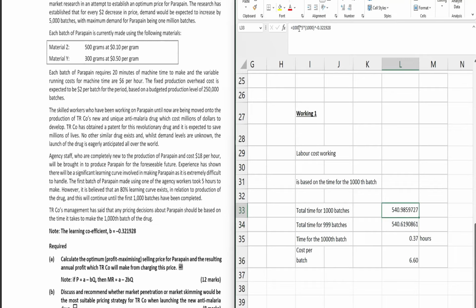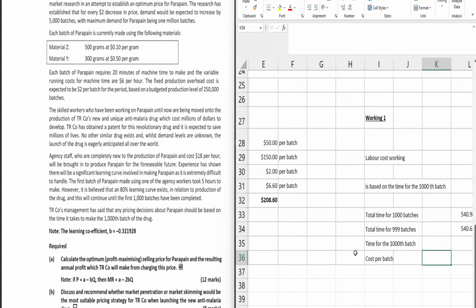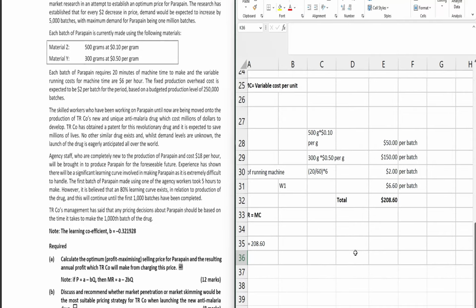सो हम लोग ने अब 1000 का निकाला, फिर 999 का निकाला, and difference will be the time taken for the 1000th batch, ठीक है. अब हमको कॉस्ट भी दिया था क्वेश्चन में, that is the 18, ठीक है. 18 per hour they are going to pay to the labour. सो अगर 18 से मल्टीप्लाई करेंगे तो it will give us 6.60. तो मैंने लेबर का कॉस्ट भी यहाँ रख दिया है. सो इन टोटल हमारा वेरिएबल कॉस्ट क्या हो गया